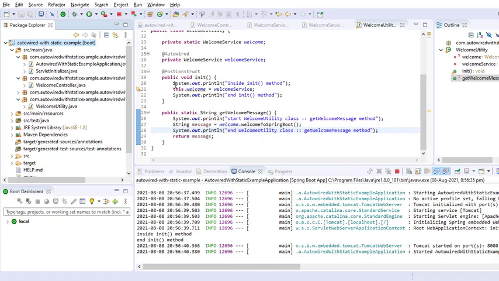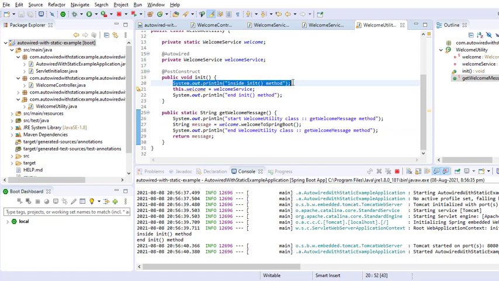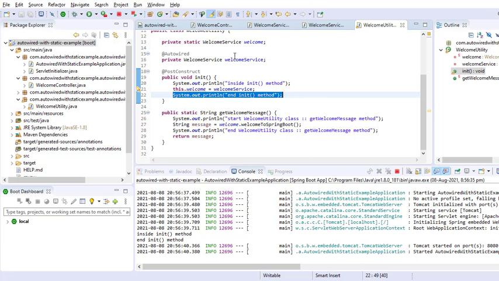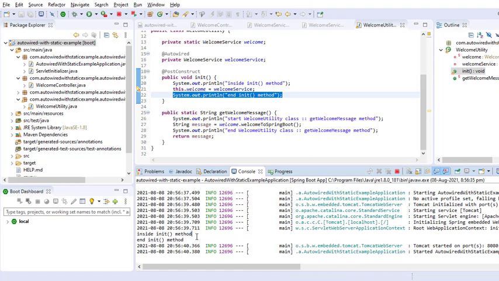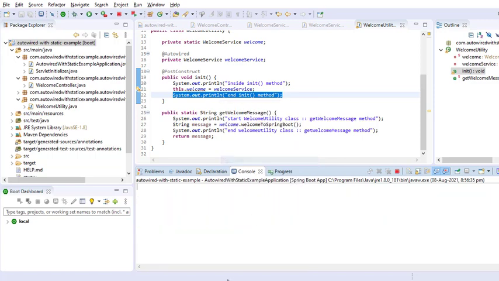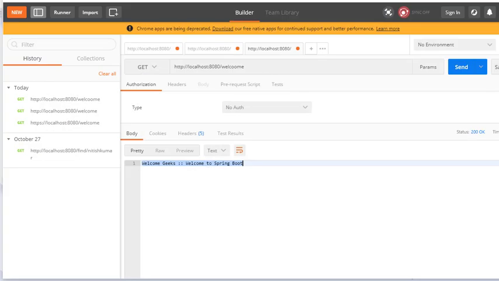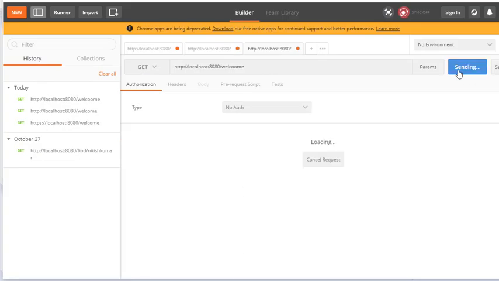You can clearly see that we wrote the inside init method and end init method messages in the System.out.println statement for tracking purposes, and this message got printed in the console. Let's hit the endpoint and check whether it returns a successful message or not.